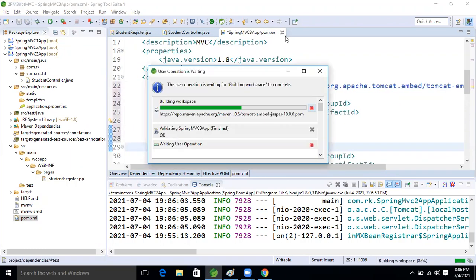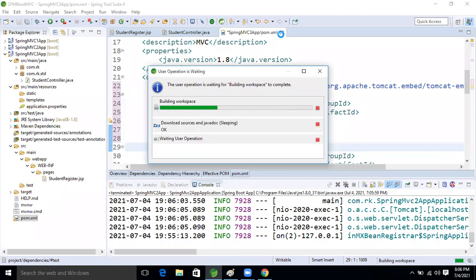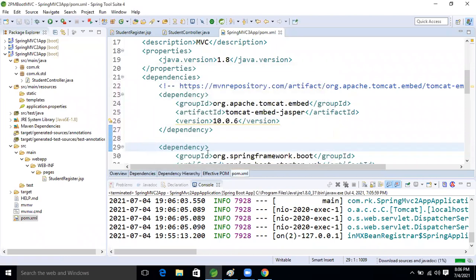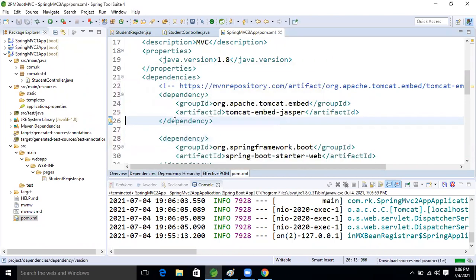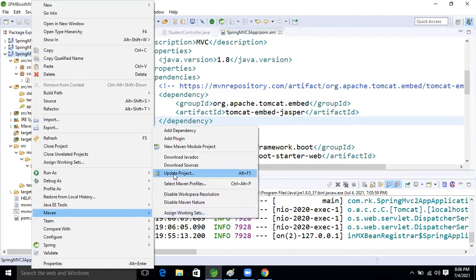Good. So now everything is completed guys. Please remove the version. Yes, good Samita, very nice. Okay, so now right click, Maven update now.